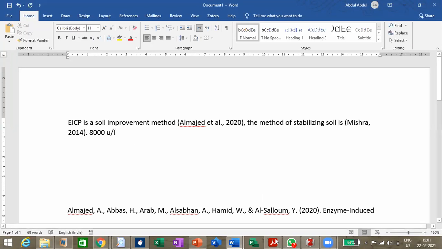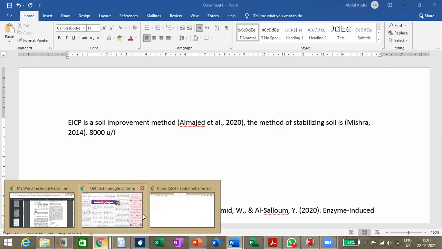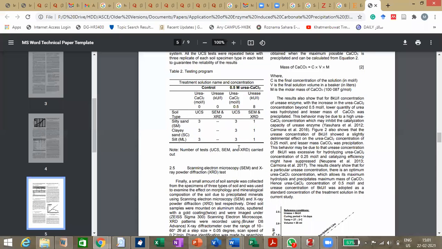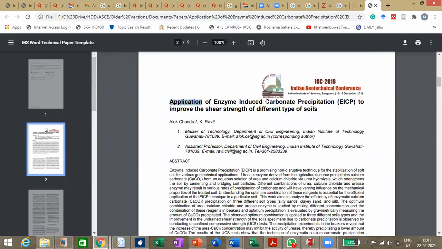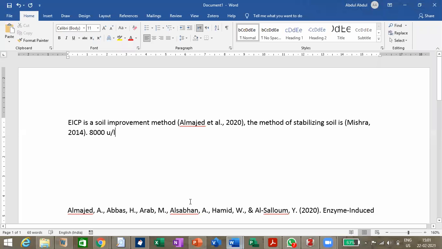So this has to be cited from this paper. So I'll directly copy this, application of enzyme induced. I'm copying the title, or say we also have the author, Ravi. See, just Ravi is also enough for Zotero to identify.